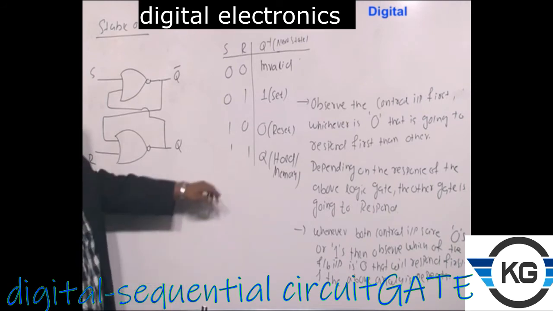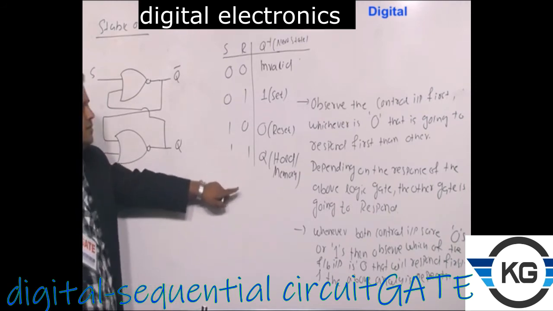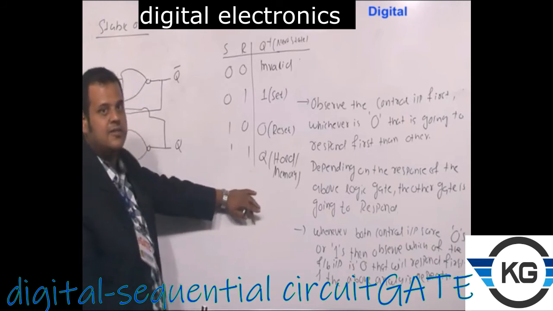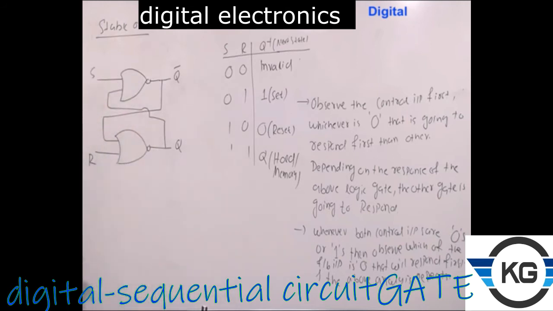So if I have given you this particular table, it means that this table is valid with respect to the circuit that I have given to you. If you make some modification in the nomenclature, like S and R, replacing these by something else, then you have to take care of that again. But the analysis will remain the same. For example, in this case I have taken SR, so whatever table I am going to give you now is with respect to this particular circuit.